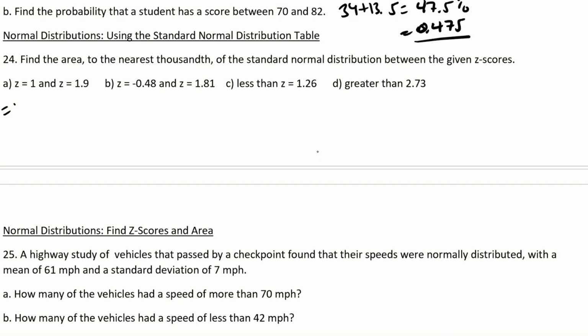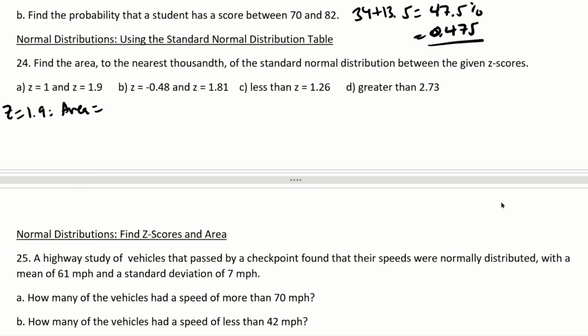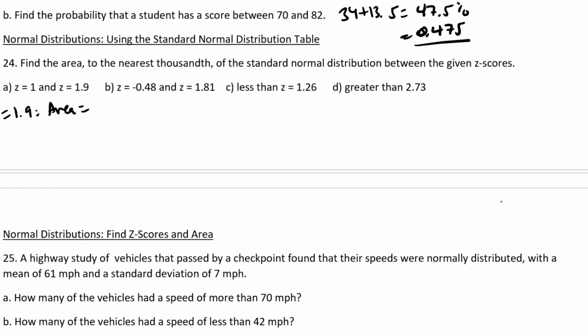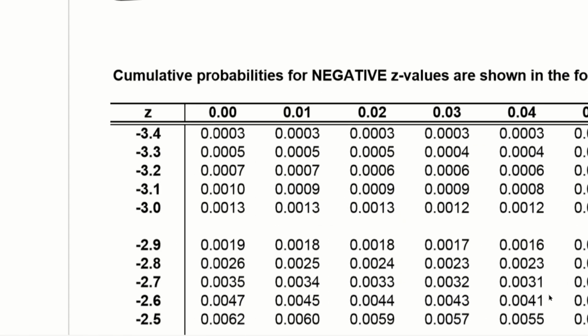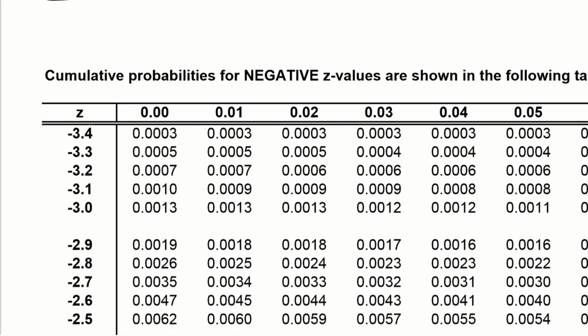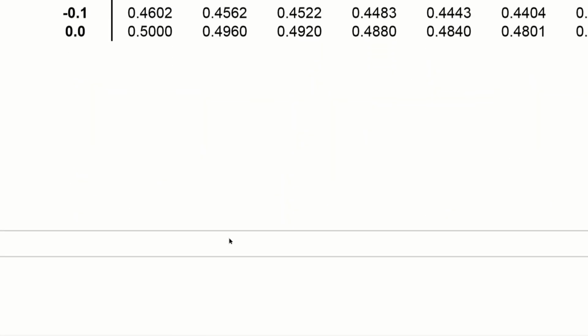The area is equal to, let's look it up. 1.9 is the same thing as 1.90, guys. So really, you're going to want to say, okay, z is 1.00. So we would want to change this to 1.00 and then 1.90. Why do we do that? Well, because the table gives us two, right? You got a first decimal here, and we got a second decimal there. So we want to find out 1.00, or actually, let's do 1.90 first. So 1.90,